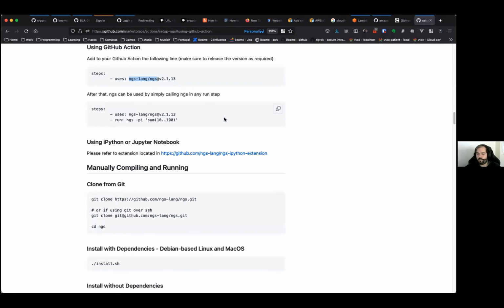What do you mean it stays with this name? The repository. If it was a different repository, then it would not be NGS, right? It would be NGS-Action or whatever. Good. Steps. Bam. So we can easily use this in GitHub Actions. Okay, yeah, looks good. Use and run. That's it. Bam. Not much. Run.